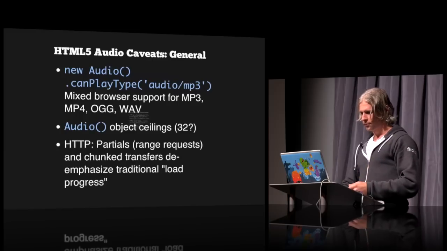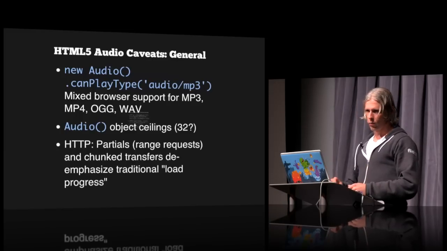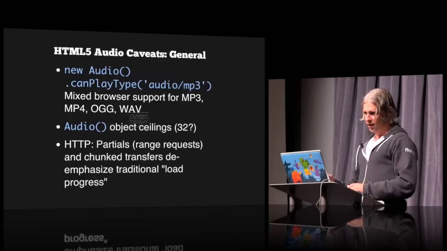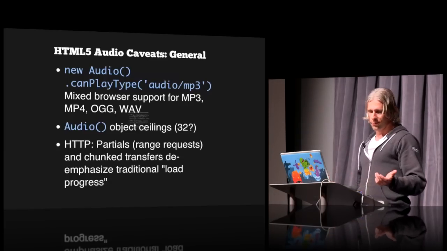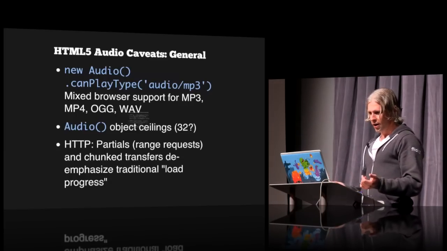Some more general stuff. The audio API for figuring out what kind of content you can play is this wacky canPlayType method. And I've said this before, it's the most uncomputer-like response I've ever seen from an API. You say audio/mp3, and the standard response is either probably, maybe, or blank. It used to be no, but they changed it to be blank, so it would return falsy, which kind of kills me. If you are more specific, if you also say audio/mp3 with codecs equals MPEG and so on, you're more likely to get a probably response as opposed to a maybe response.